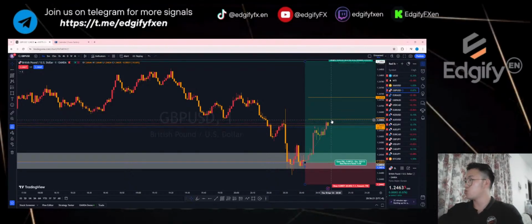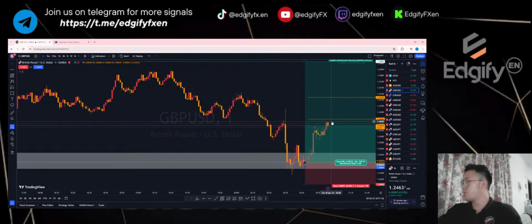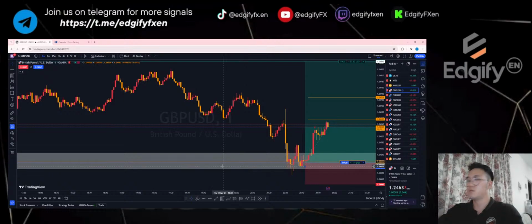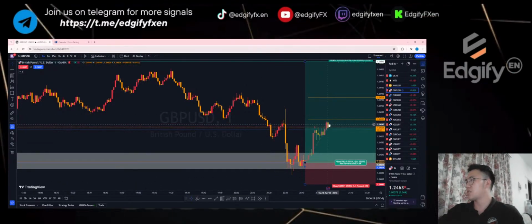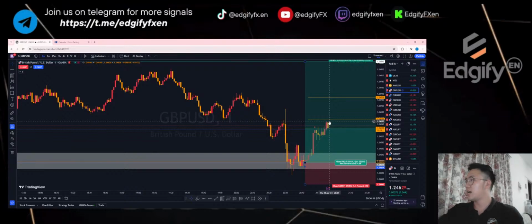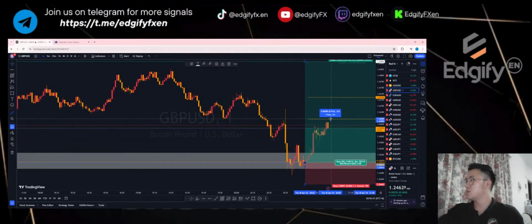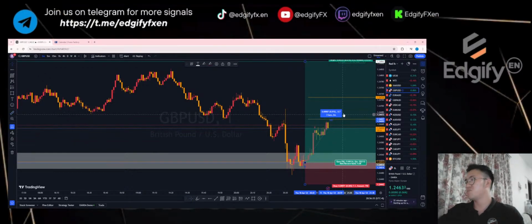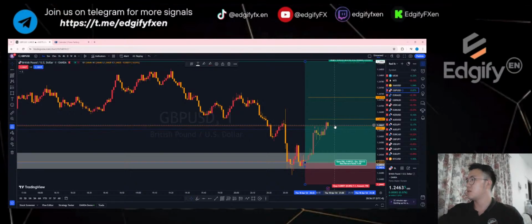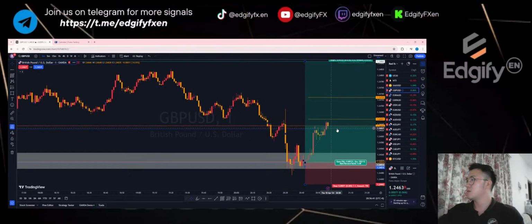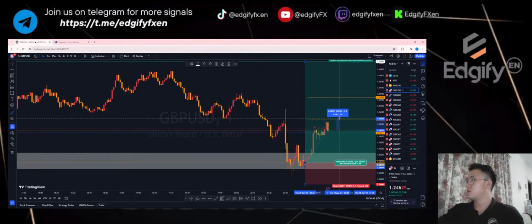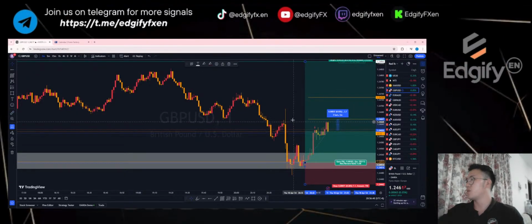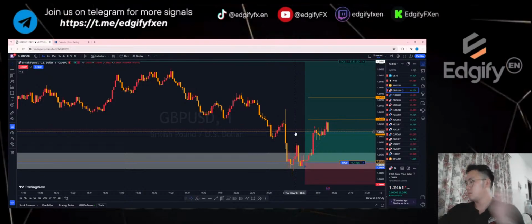As soon as we hit this 1 to 2, we'll take a little bit more partials, yeah? If you want, you can actually start taking, because from this high here to here, it's only 0.7 pips. If you look at the current price, it is about 3 pips away already.